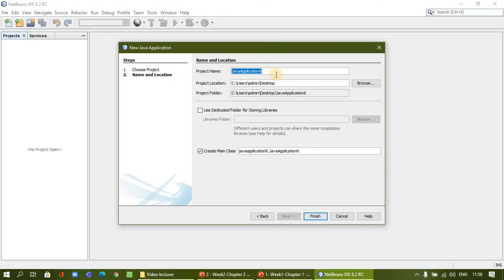In the next dialog we are going to name the project, and we can choose the location of the project. We can give any name to this project, for example, first application. I'm saying first application, the folder is already there, FirstApp I say. If you want to create a main class, you can keep this checked. Otherwise, if it's a normal class without a main method, we can uncheck this one. Because it's my first class, I need a main method, so I'm keeping this checked. If you want, you can also change the class name.